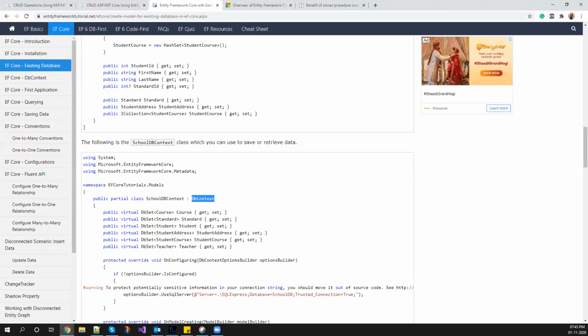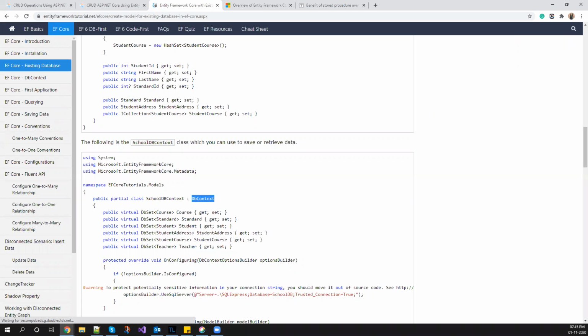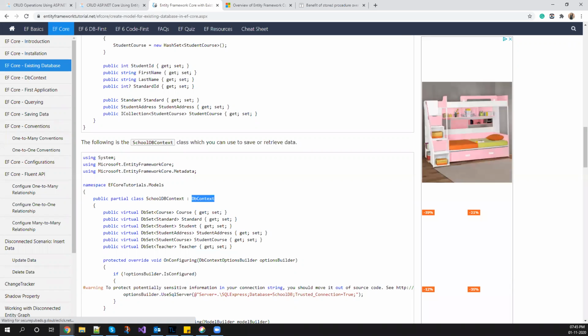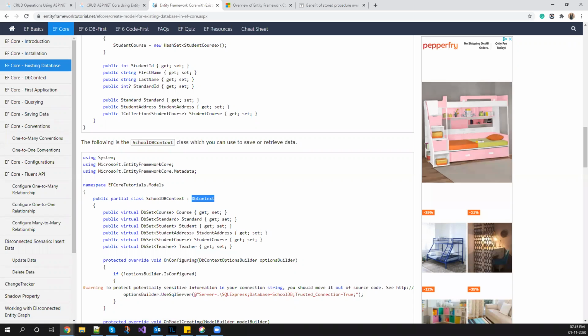Let's say I've added a model, I've connected it to my database, I have added 3 tables, 4 procedures, and everything is set. The challenge comes, which everyone faces. What part do people face problems with? Let's say I went and updated a procedure which I had already added into my model. I added another field into it, I removed another field. What people generally do is they delete the object, go and update the object, and add the procedure again, which is an incorrect or lengthy way of doing it.